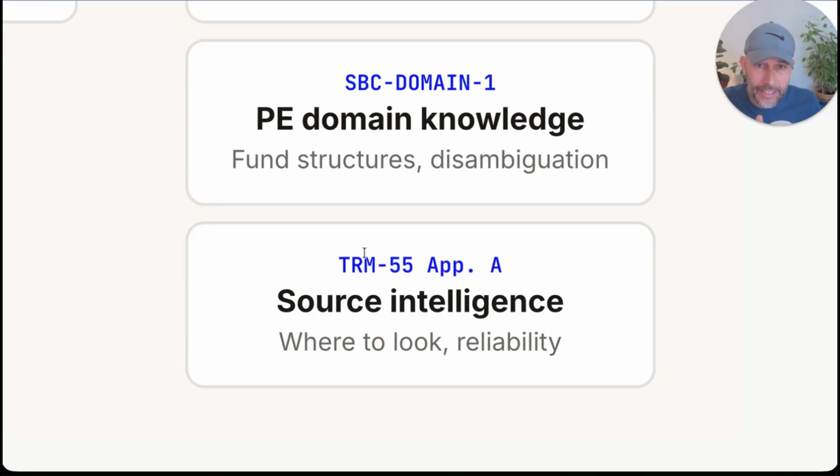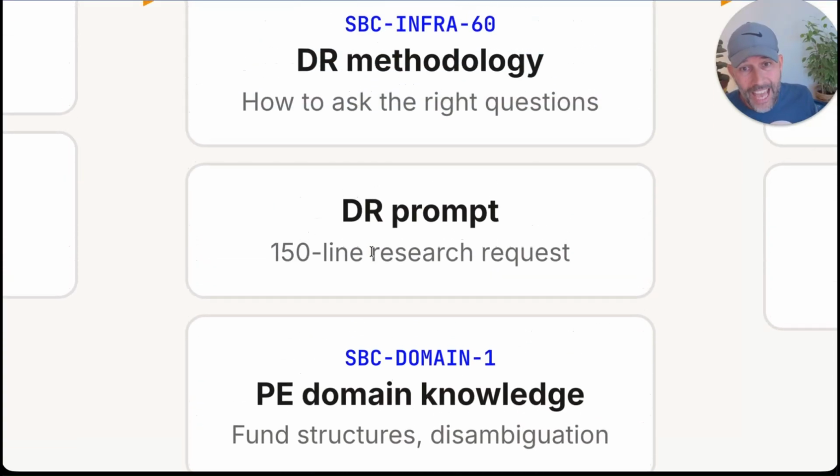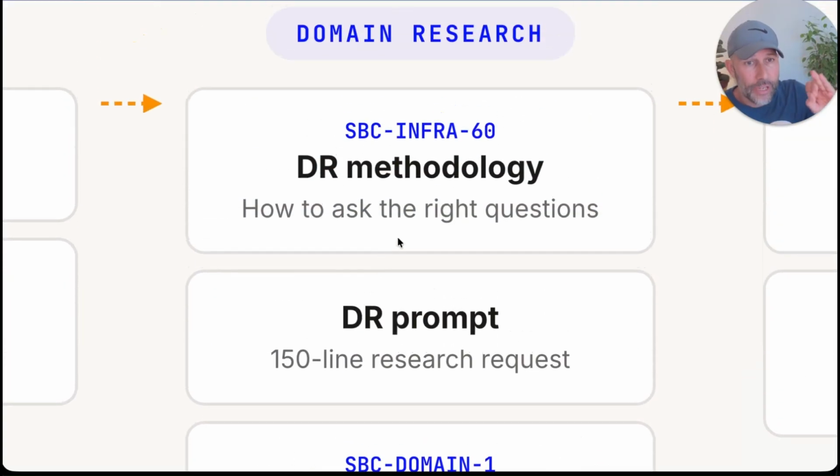And even that translation: I'm not just saying, hey, deep research, tell me everything about private equity. What actually happens is there is a deep research methodology where I say, this is what I want to do, run it through my deep research methodology, which converts it into a specialized, optimized deep research prompt that imbues the purpose for which the output of this prompt is used.